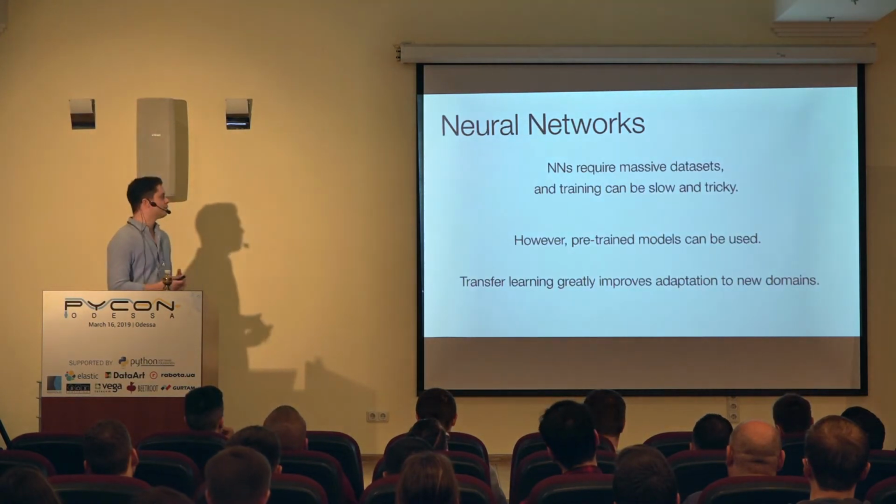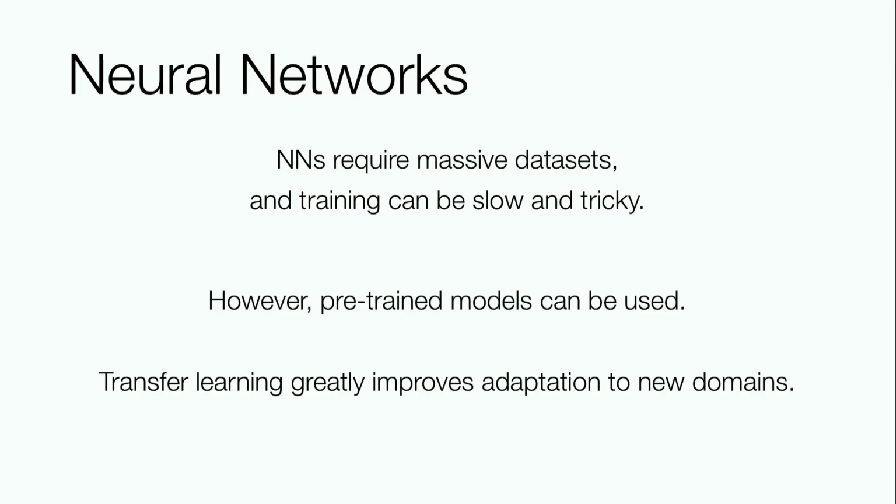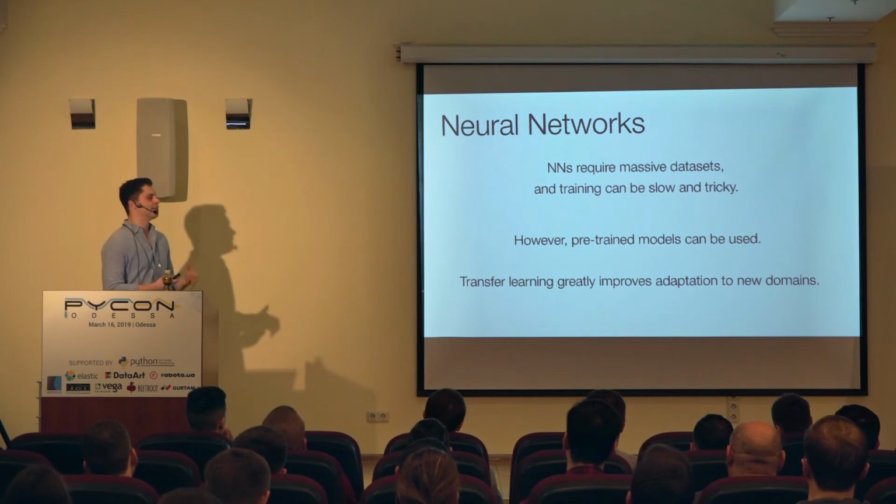So in general, neural networks tend to perform better, but they have some trade-offs as well. First, you need massive data sets for them to learn anything meaningful. And second, training can be slow and sometimes very tricky in terms of getting the right parameters, the right configurations, and so on. But oftentimes, the main advantage we have nowadays is that there are a lot of pre-trained models